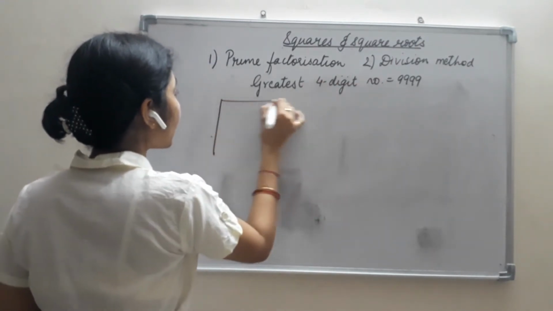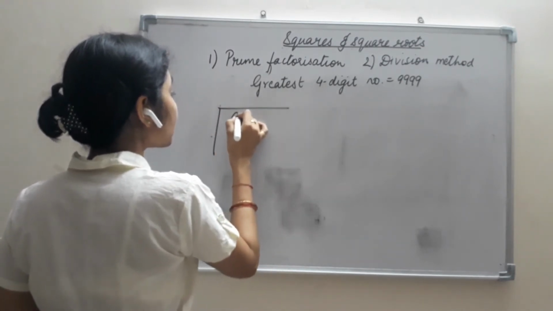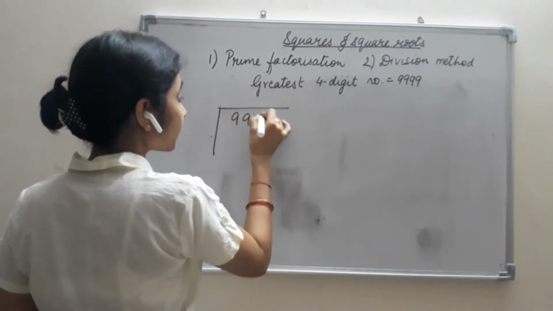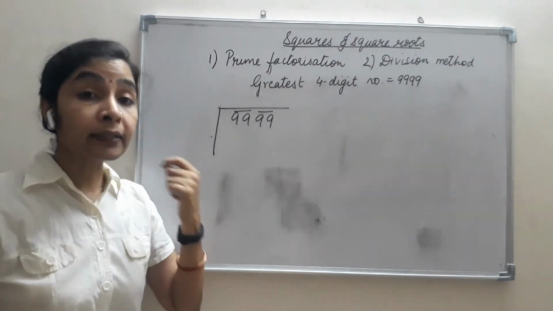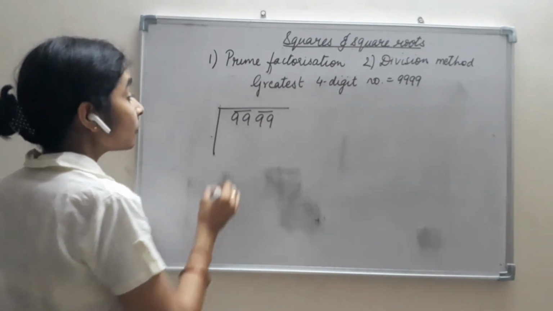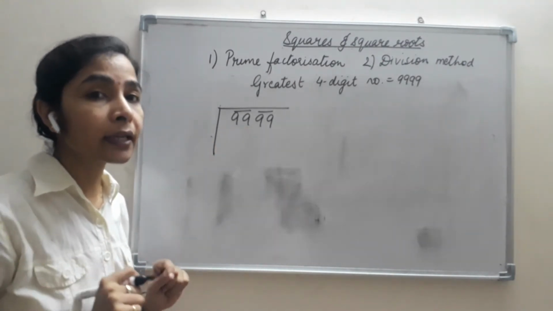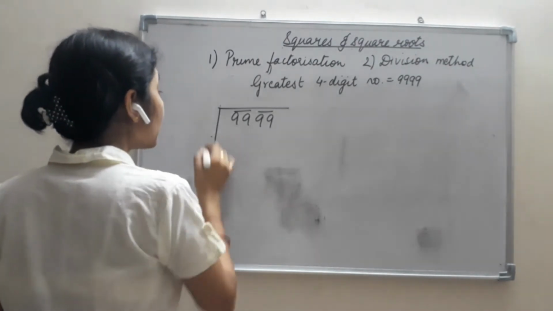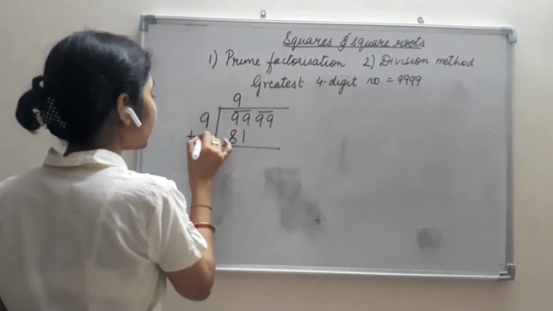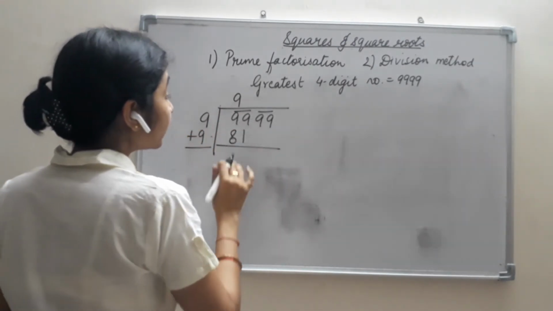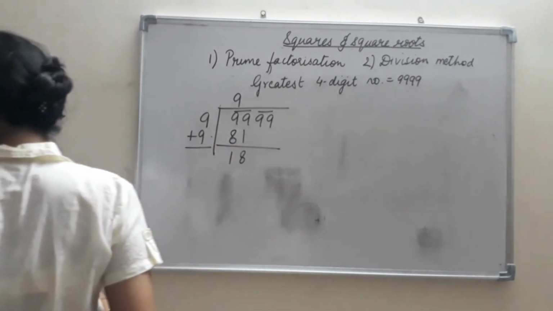Okay, now the greatest 4-digit number is 9999. What will I do? I'll start the division here, with the division method, to find out the square root of this. It can be a perfect square also, because we are having 9 here in the end, but let's see whether it is or not. First of all, we are supposed to find a number which is a perfect square but less than 99, and that is only 81. So 9 nines are 81. We add 9. Now 99 minus 81 gives us 18.